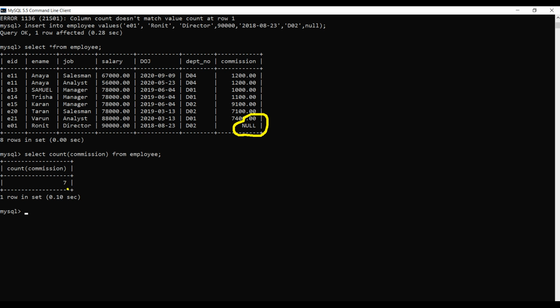But a few things need to be taken care of when we are using these aggregate functions. Select count. Along with these, we cannot add any normal columns along with the aggregate function.